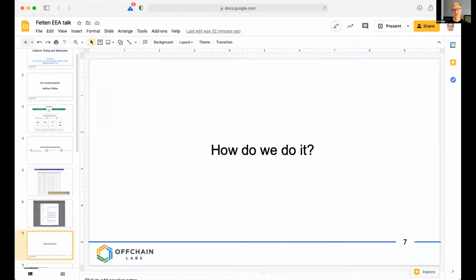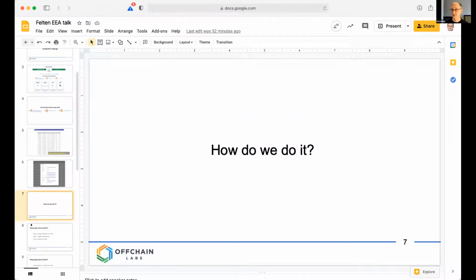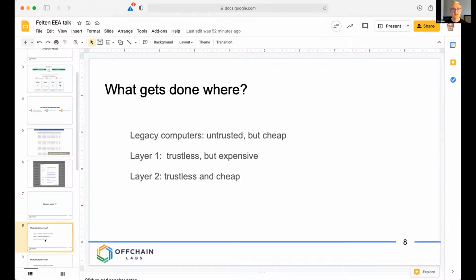So I'm going to talk a little bit about the sort of philosophy of how we build the system. Of course, we're pragmatic. Of course, we're open source and all of those things. I want to talk a little bit about how we develop things the way that we do, and what we do to get the kind of flexibility and compatibility that we do. And the key question here is which functions get done where.